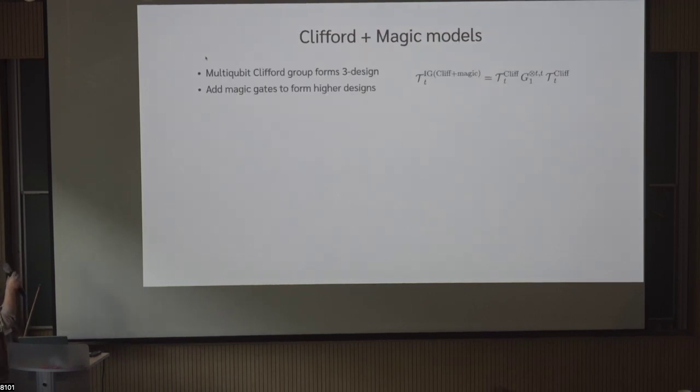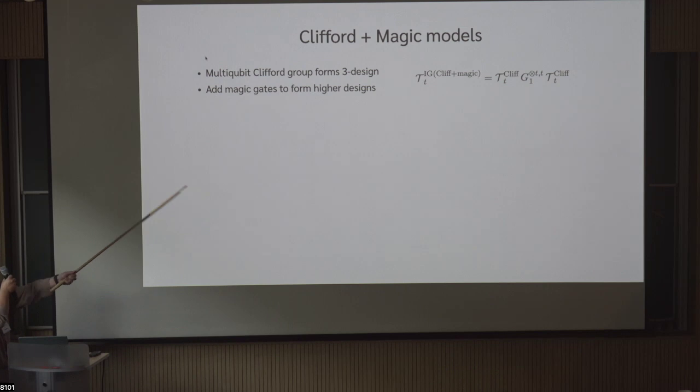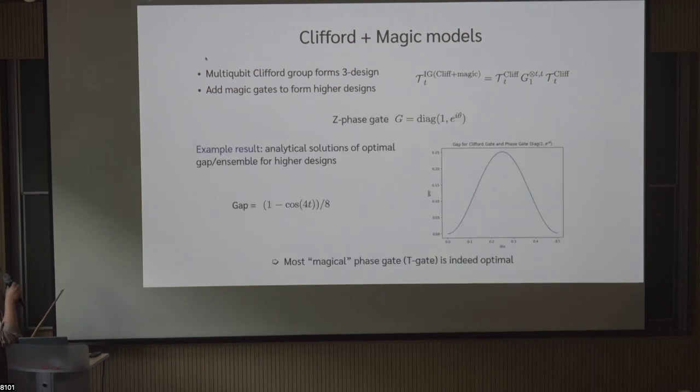Okay, I really want to talk about something about symmetry. So this iron circuit is just, of course, one special setting of the stochastic quantum circuits, and another very naturally motivated model is the Clifford plus magic model. And here we are considering this analog of the iron circuit model. And let me just show a few results.